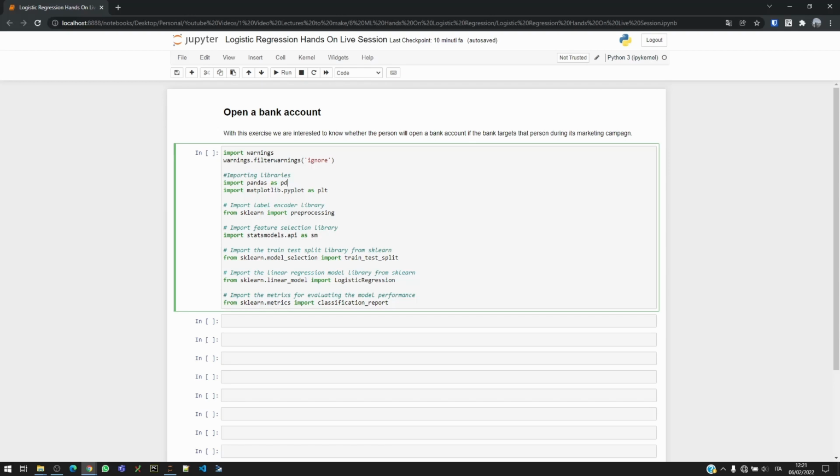Today we are going to understand how to implement the logistic regression machine learning model on a real-world dataset where we are interested to predict whether a person will open a bank account if the bank targets that person during its marketing campaign. So in order to implement this